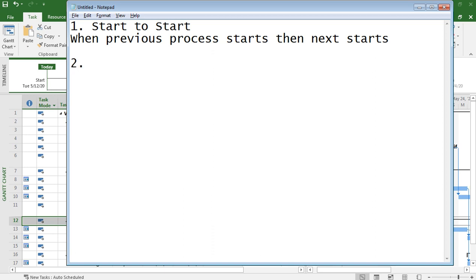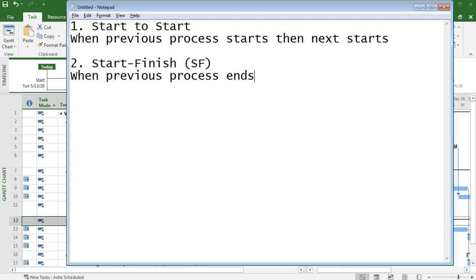Number 2, start to finish. It is called SF. When the previous process, meaning the predecessor, starts, the next process finishes.